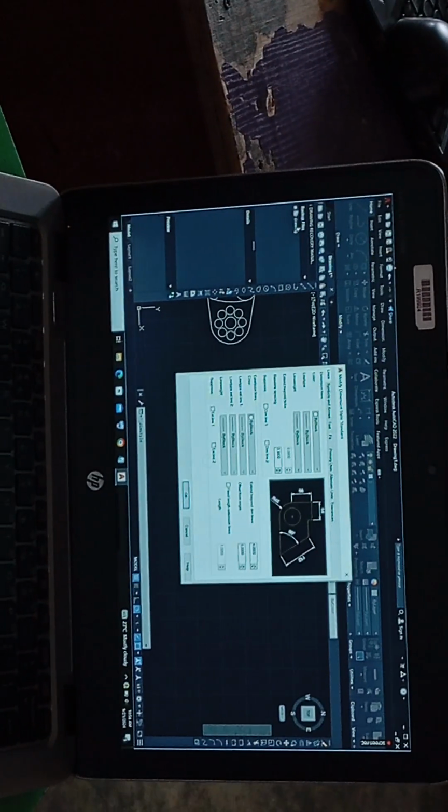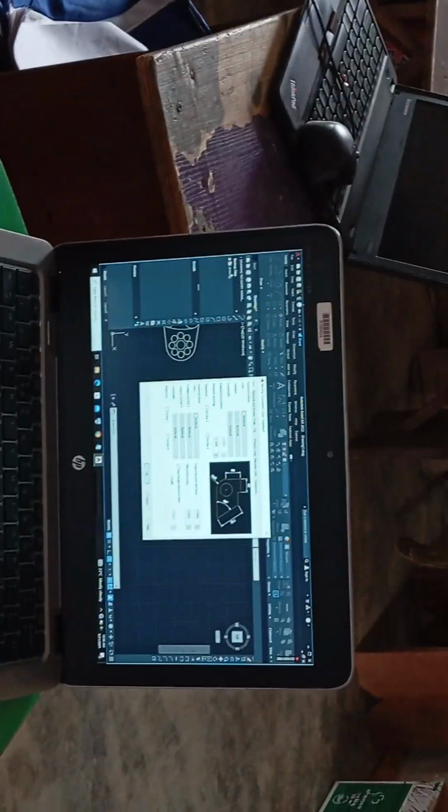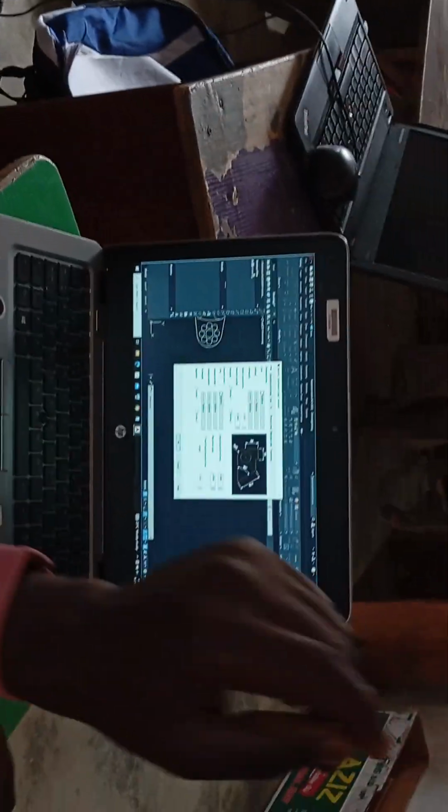And you must be sure that your text height is not bigger or more bogus than your real drawing. You understand? Your text must not consume your drawing. Your arrow must not be bigger than your text. Do you get me? When you finish modifying everything, click OK. Click close. That's all. Next